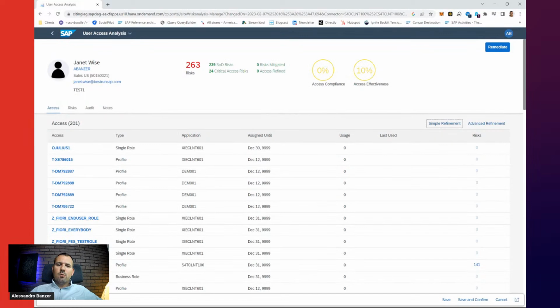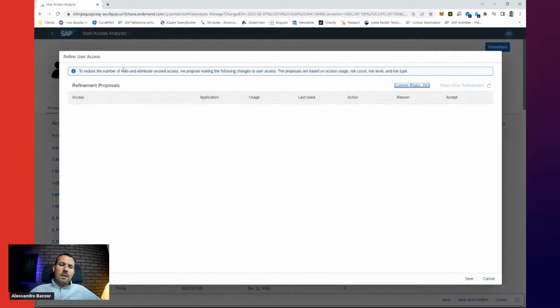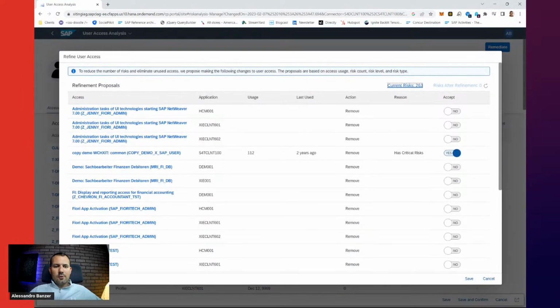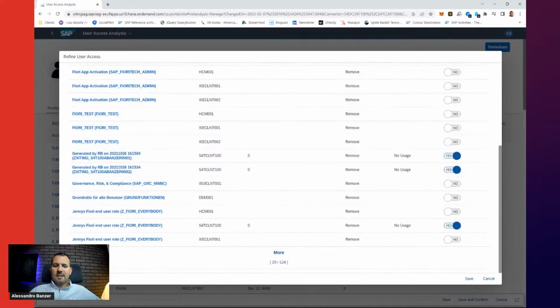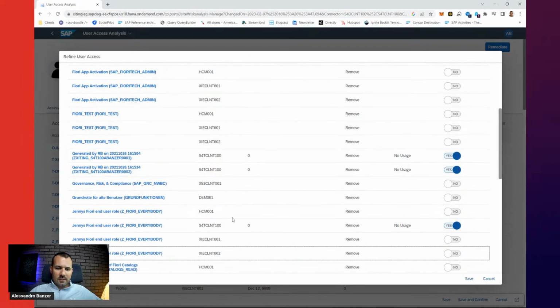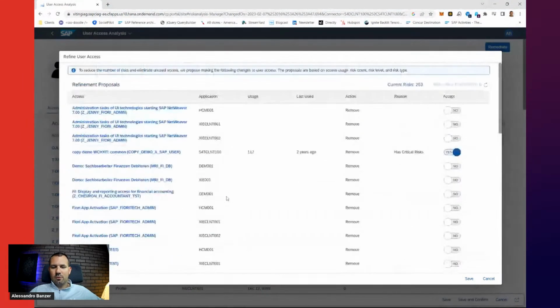We can see the user has 263 risks, SODs and critical authorization risks. Obviously a lot. Test system, SAP all and the like. So, a lot of authorizations. What we can do here is look into how we could refine the authorizations to, for example, become risk-free. This is the access I have in HCM, ERP, S4, probably S4 HANA somewhere, Success Factors, Analytics Cloud somewhere down here too.